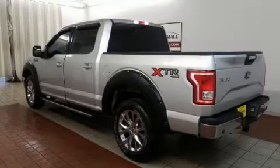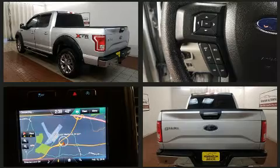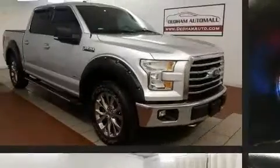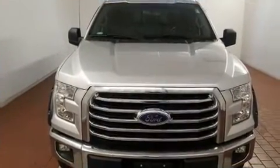Sensibility and practicality define the 2015 Ford F-150. With less than 30,000 miles on the odometer, this truck is a leading example of refined versatility in the full-size pickup segment. Top features include a split folding rear seat, a tachometer, variably intermittent wipers, a rear step bumper, and